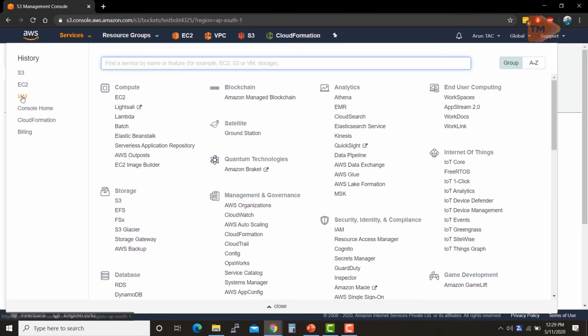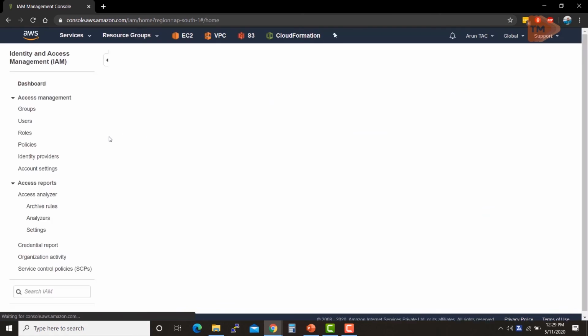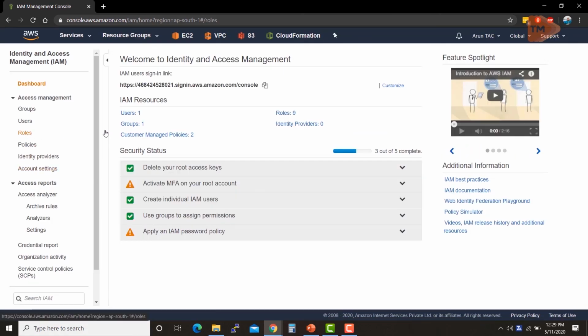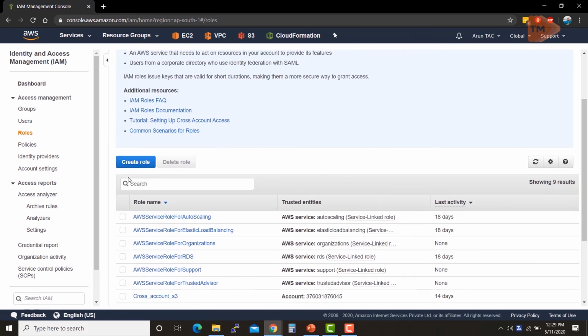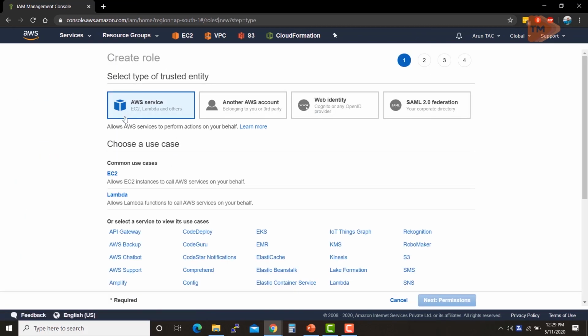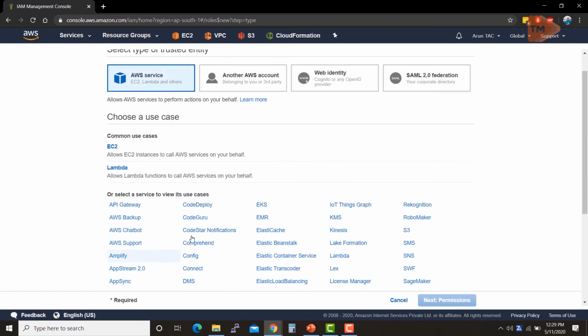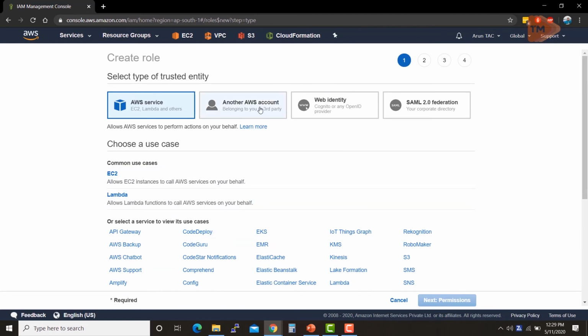So let's go back to IAM and check what else can be done over there. Let's go ahead and see that. Under roles, when we are going to create a role, you saw that we had done this particular. Now what we have done is we have done this for the EC2 instance, or say any services that AWS offers. You can give this role to any of these services. You can apply that. You can do it for another AWS account. We have done this prior to this when we did this for particular access to the S3 bucket across